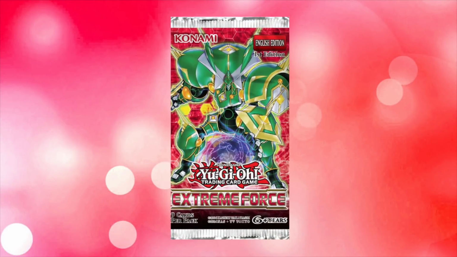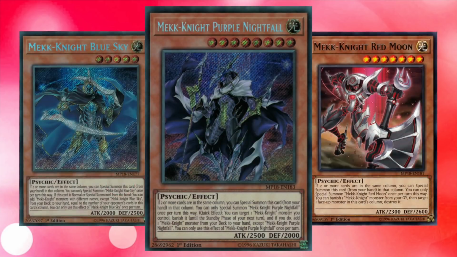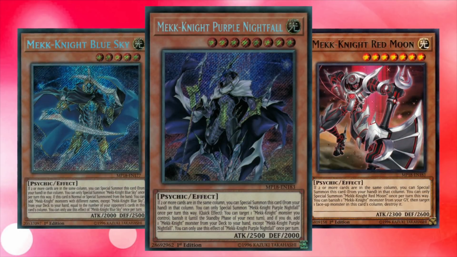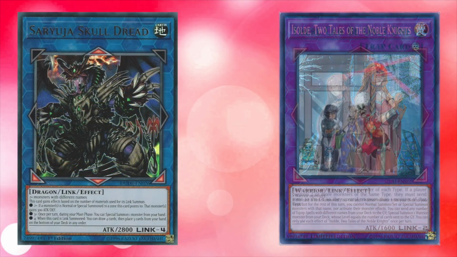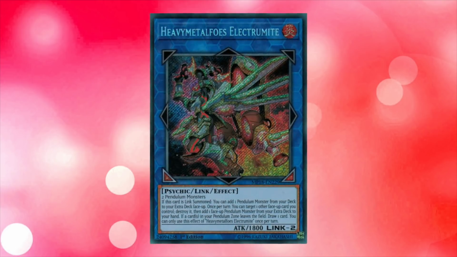Extreme Force was released in February 2018. This set introduced the Mech Knights, a series of monsters that can be special summoned to a zone where a column has 2 or more cards placed on the field. Notable cards in this set include Inspector Border, Isolde, 2 Tales of the Noble Knights, Saryuja Skulldread, There Can Be Only One, and a card that would bring Pendulum decks back into Master Rule 4 competitive contention, Heavy Metal Foes